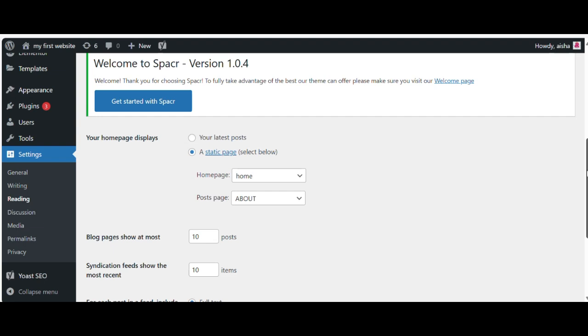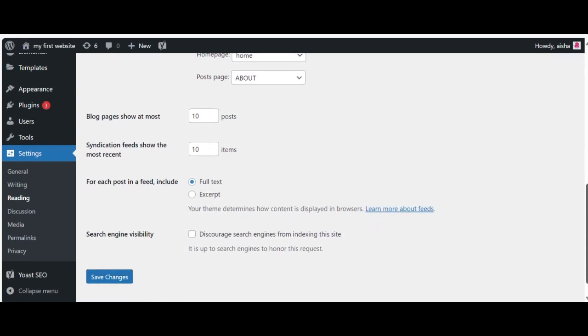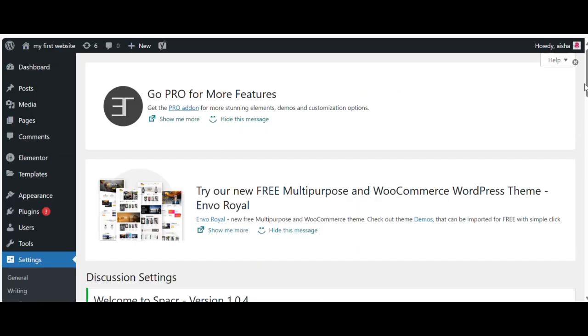All the settings we can set from this option. For example, how many posts a page contains, 10 or more, right? This is all the information we save in the Reading section, and we can make changes from it. After that, there are multiple other options like Discussion, Media, and Permalinks. We will explore each of them one by one.